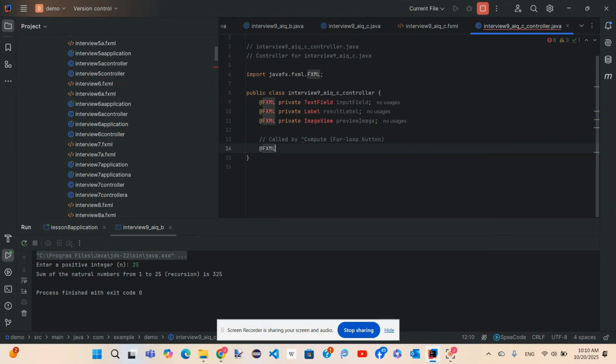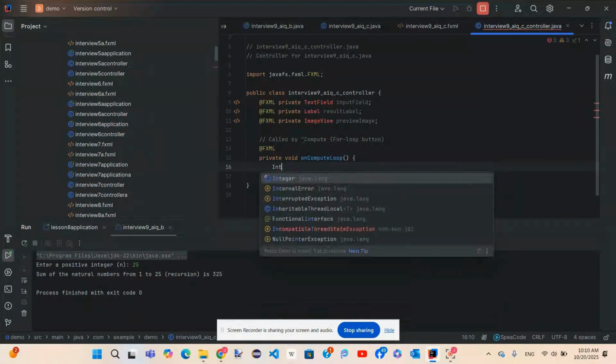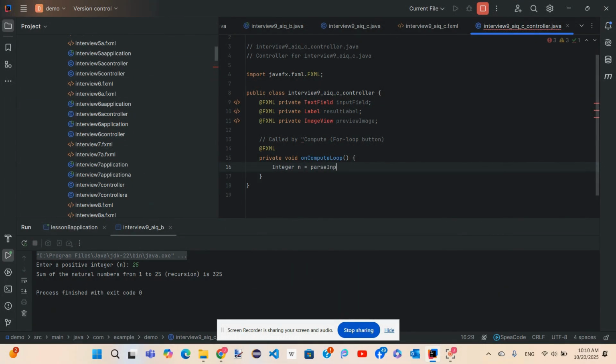FXML private void onComputeLoop: Integer n = parseInput; if n is null return; long sum = 0.